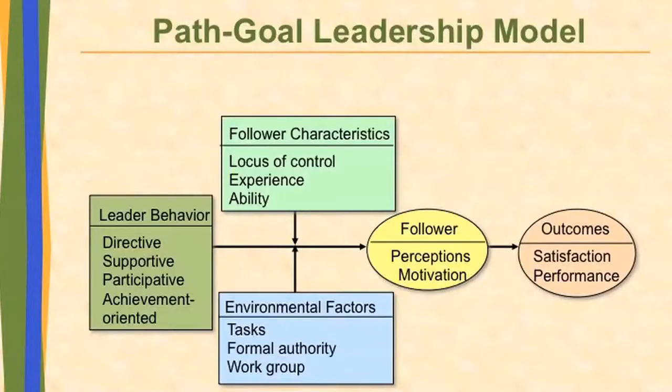When we look at path-goal theory, here's a nice little model that summarizes it. The behaviors that they might use are directive, supportive, participative, and achievement-oriented. Again, we look at the followers, how much control they need, how much experience they have, and their capabilities. Then we look at external or environmental factors within the organization, such as the structure of the work group, how formal the authority is, and the nature of the task. And then the followers have perceptions of these, and that contributes toward their motivation in terms of how it's executed, so that whether they achieve the performance and are satisfied with the outcomes.